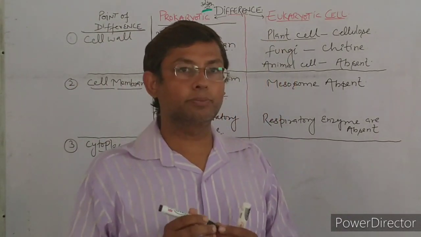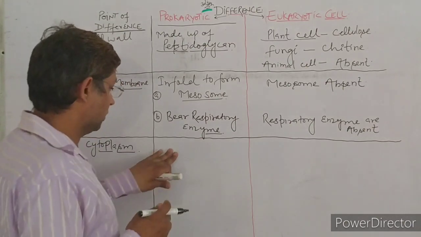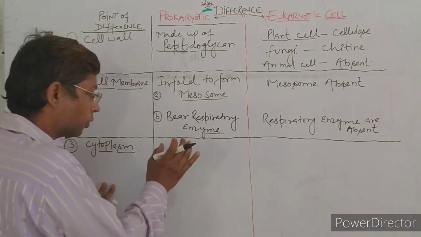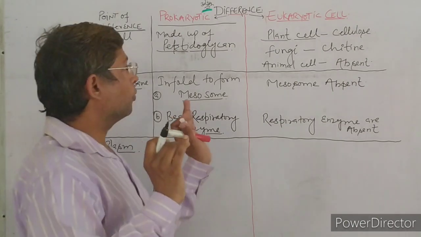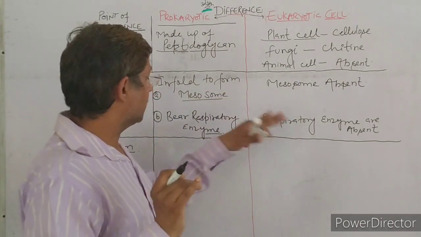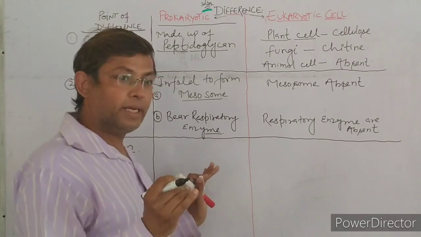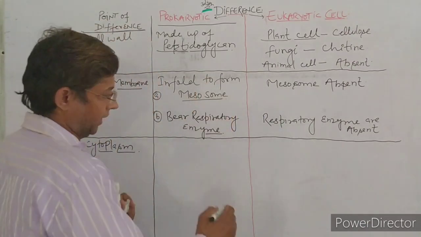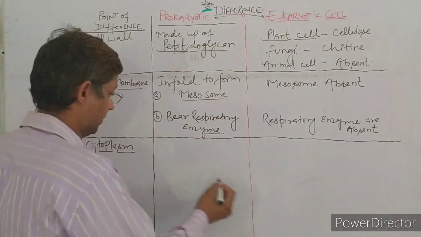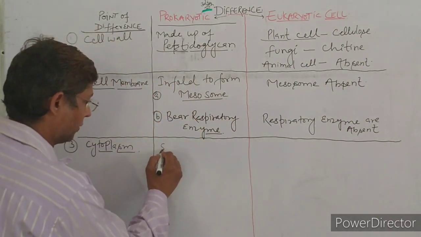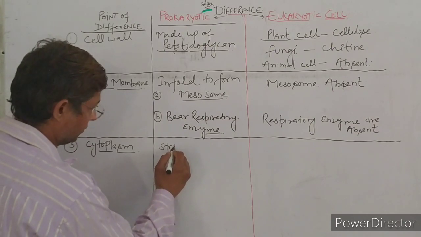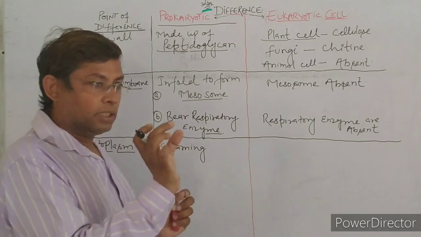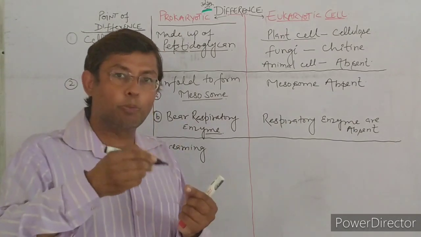In the cytoplasm, you know, the cytoplasm shows streaming movement in eukaryotes, and streaming movement is absent in prokaryotes. What do you mean by streaming movement? Streaming movement is movement in the cytoplasm,